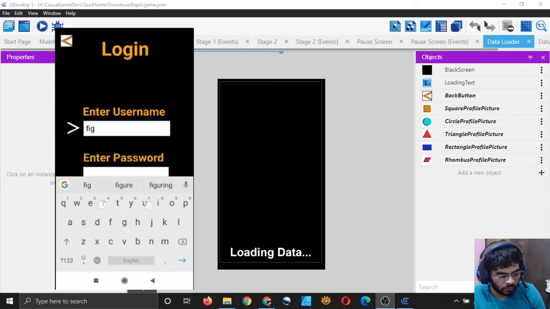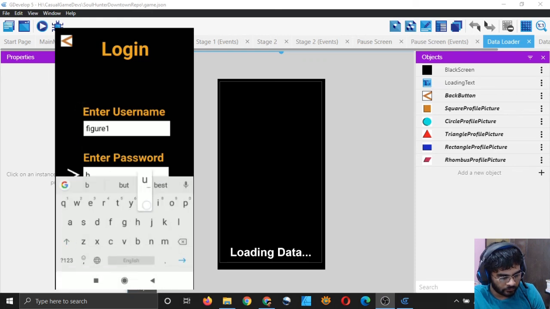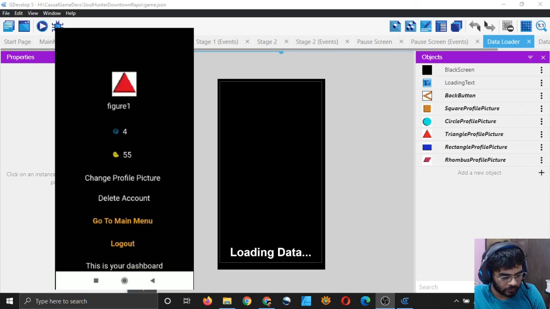So now I can log in. There are still some small issues, like the text field gets hidden behind the input keyboard, but you can solve those problems yourself by just shifting the text a little above so that the keyboard does not hide it.